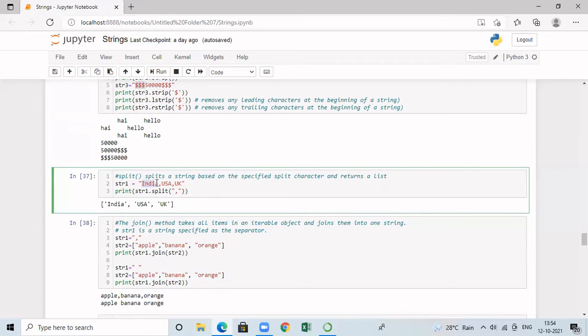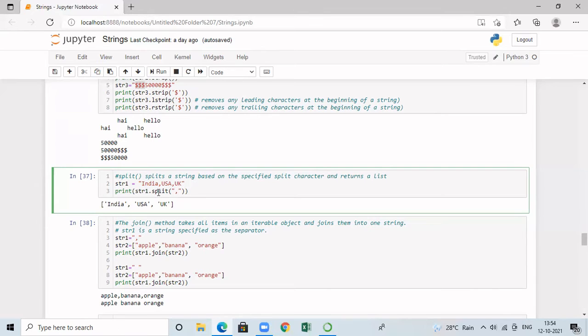So India will be in the first element of the list. And then there is a comma. So starting from comma till the next comma, another element of the list will be created. So USA will be the second element in the list. Then I have comma. Starting from this comma till the end of the string, I don't have any other comma. So UK will be considered as the third element in the list.